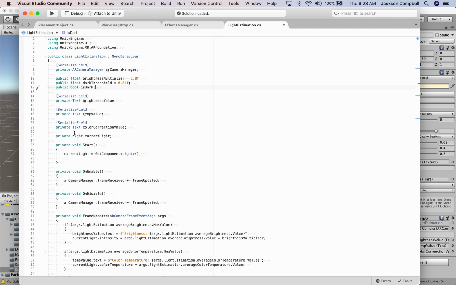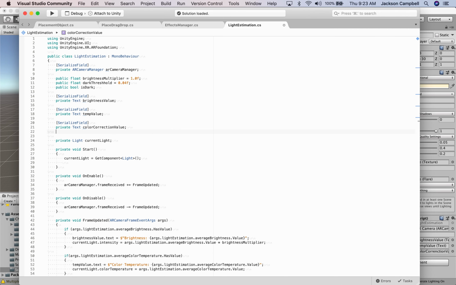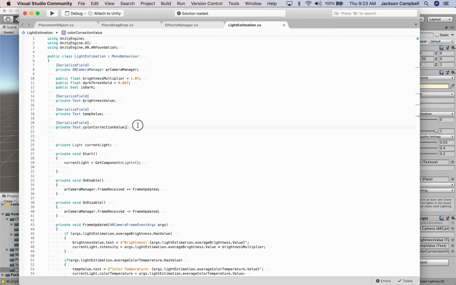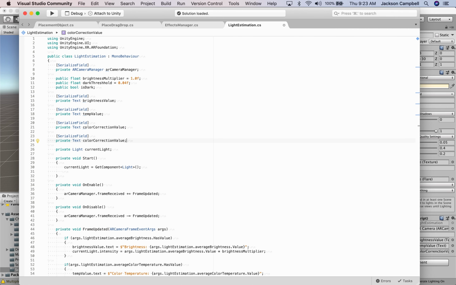So under color correction value, let's actually just copy this, paste that, serialized field, and it's text also, but we're going to call this one dark light. Okay, now